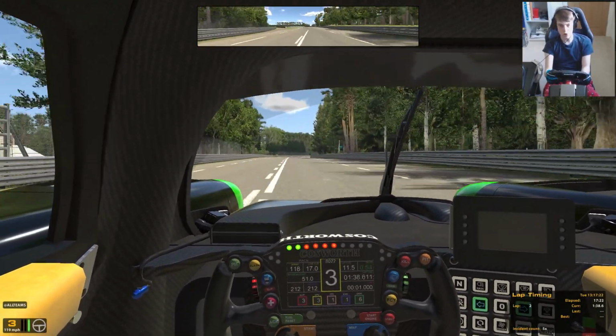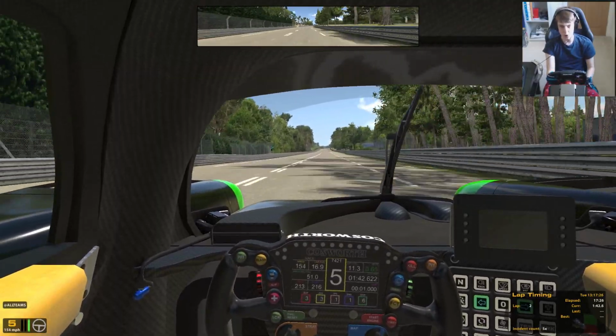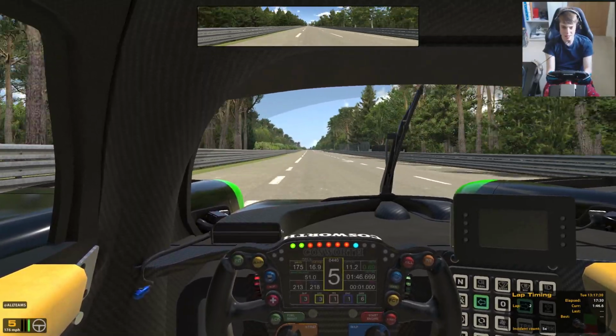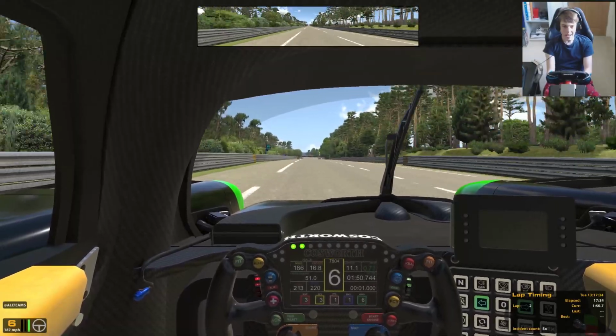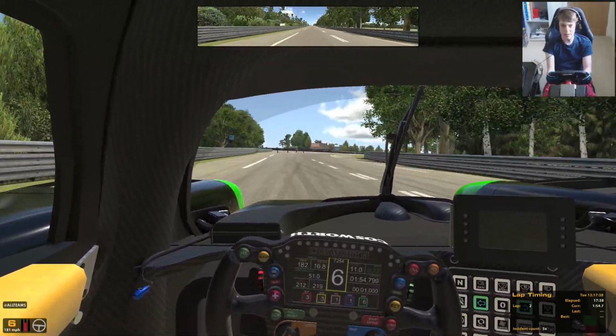So there we go, that was a full run from low to top end speed there. Does sound a bit better than the Corvette, I'll be honest. I do prefer the sound of it. It just sounds very, very mean and dirty, which is always a nice thing to have in your race car. You've got to scare the opponents out of the way